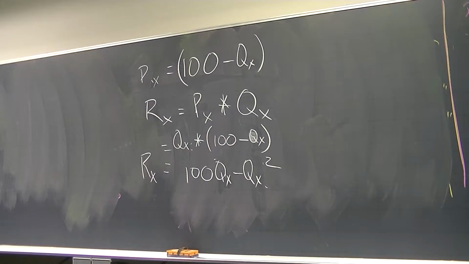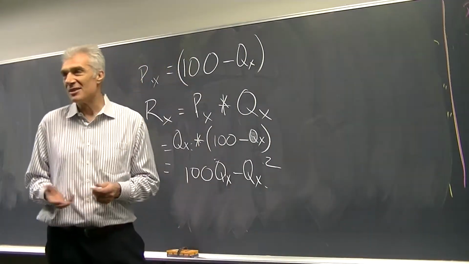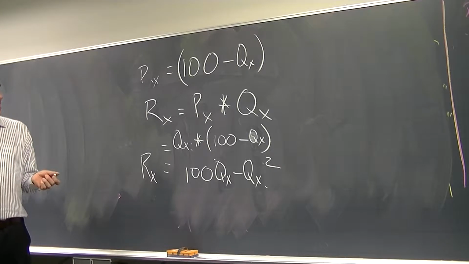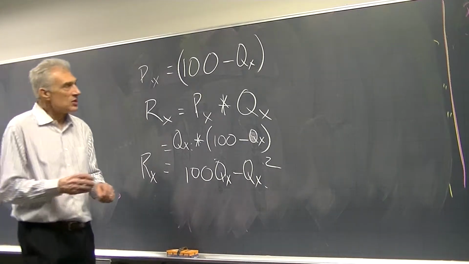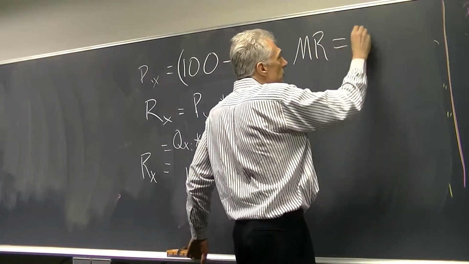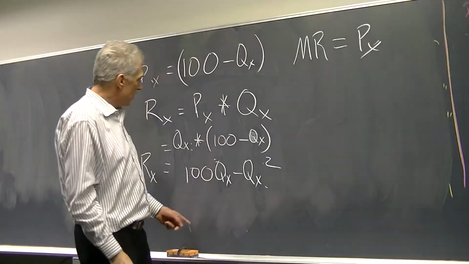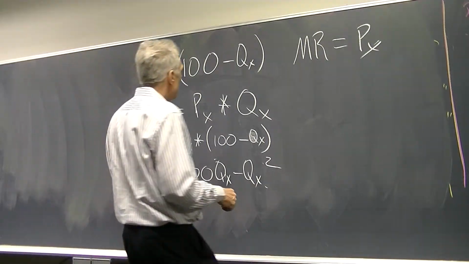The firm's a price taker. What am I going through all this for? You can see that it's pretty easy to start making a mistake here, because what's the definition of perfect competition? The firm's a price taker. So its marginal revenue is simply the price. Marginal revenue equals the price. Since the price is fixed,